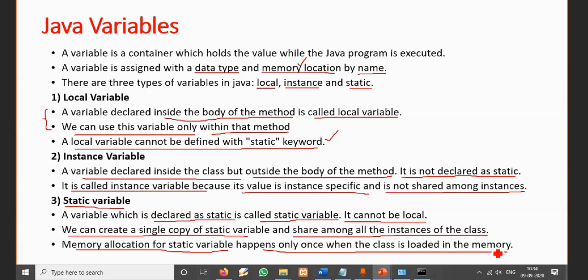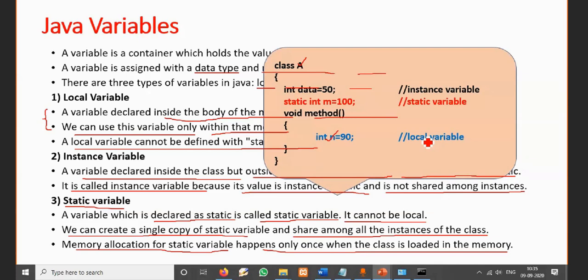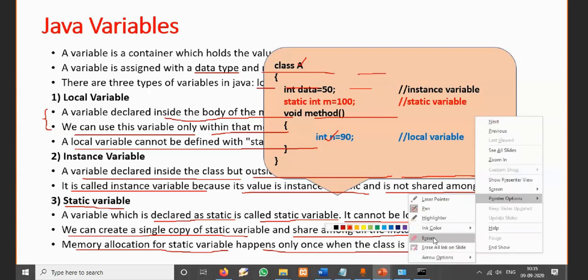The example program is given here. I've just taken one class. The class is A, and within that class there are two data members and one method.